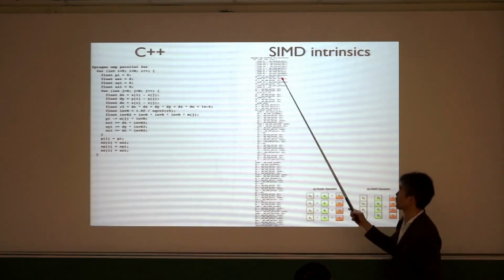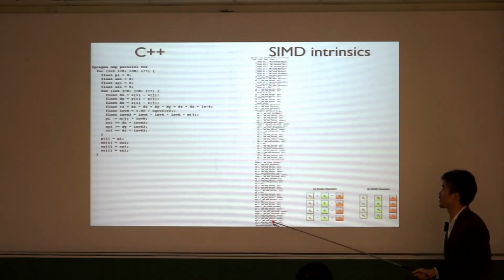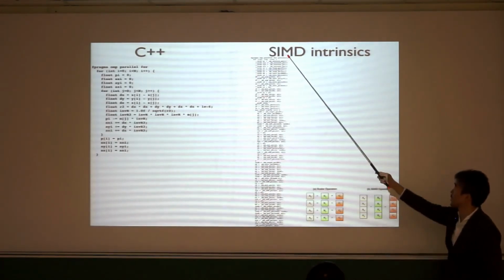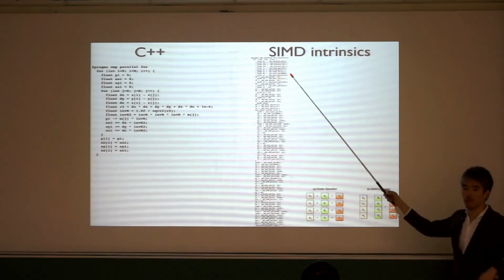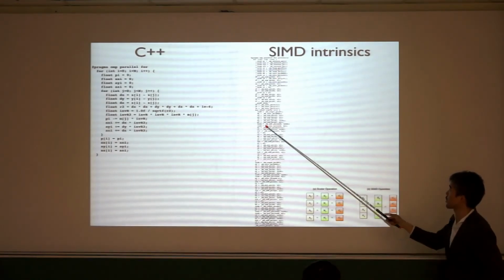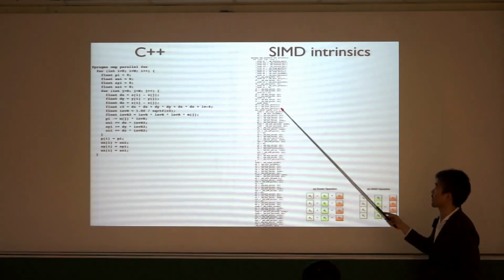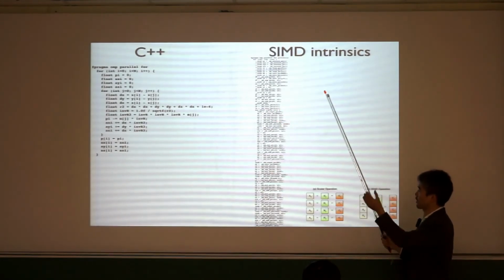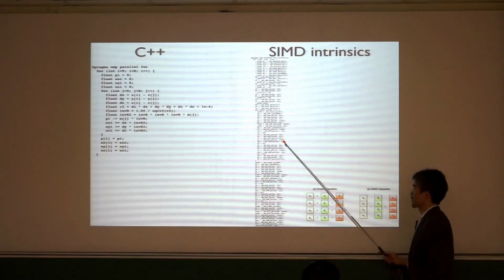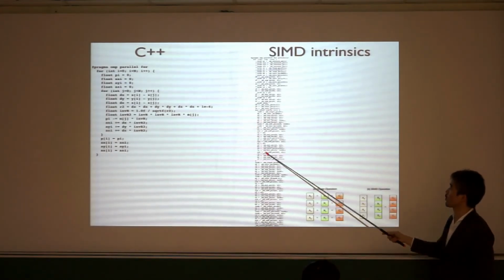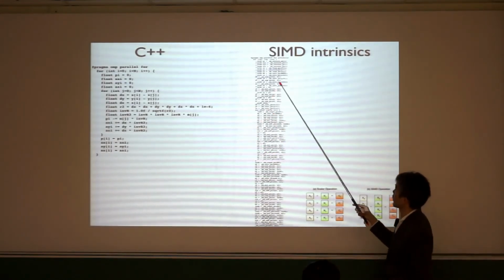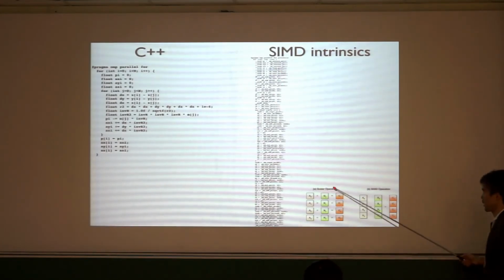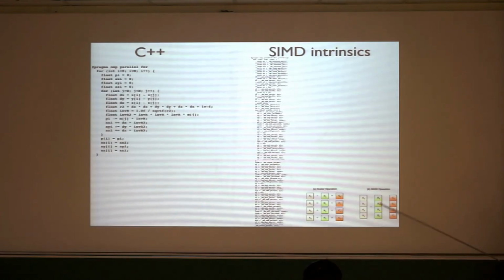So this I don't intend you to read, but it's doing the same operation, but it's using all these SIMD intrinsics that I described to you. And also, it's trying to optimize the cache usage by doing something similar to the shared memory usage that I described earlier. So it's loading in chunks at a time,